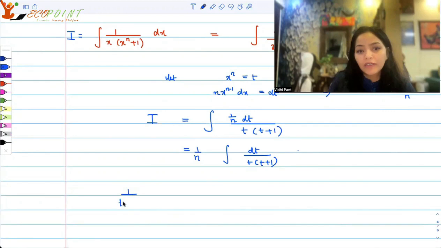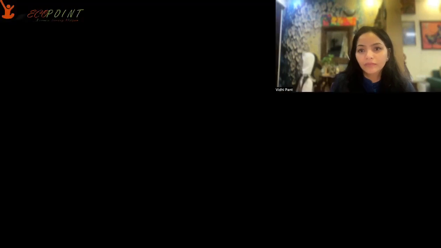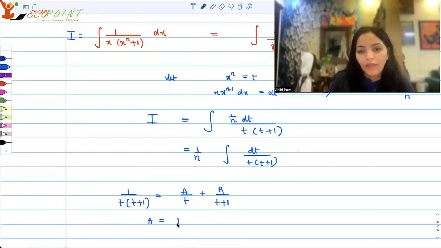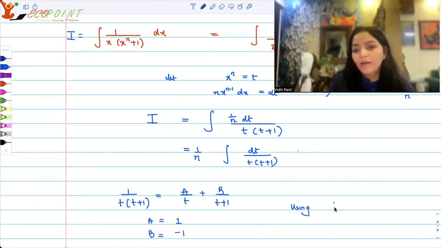So we can take 1 upon t into t plus 1 as a upon t plus b upon t plus 1. And that's going to give us a as 1, b as minus 1. So using partial fractions,